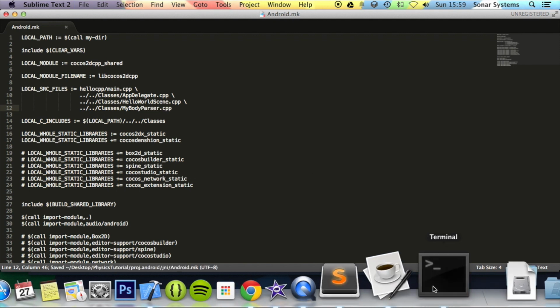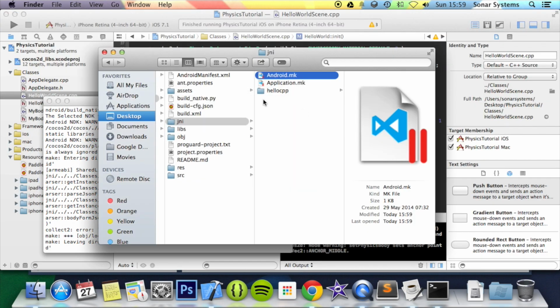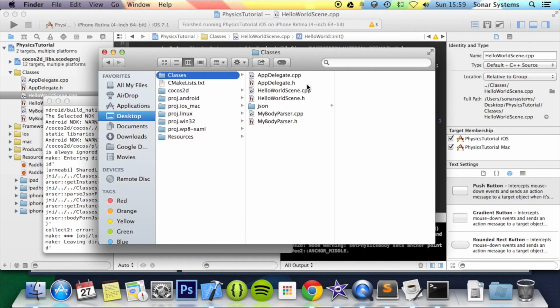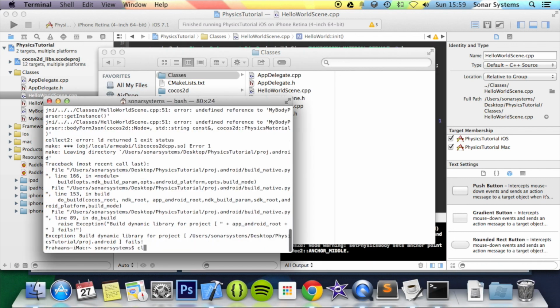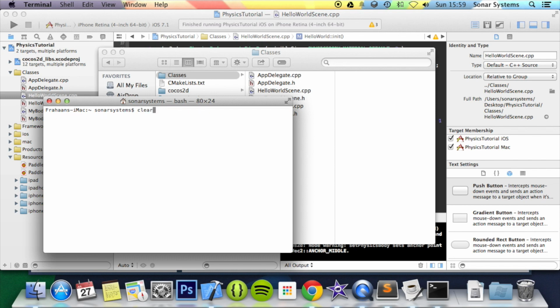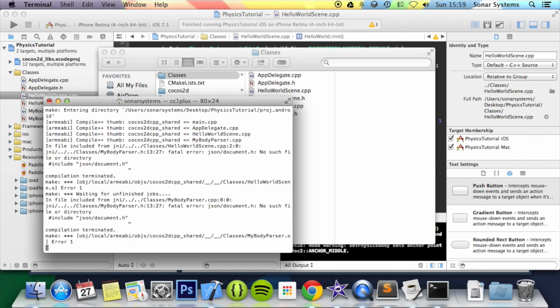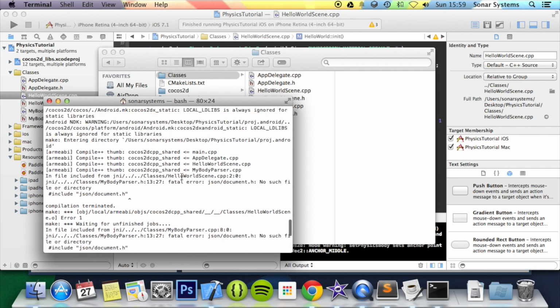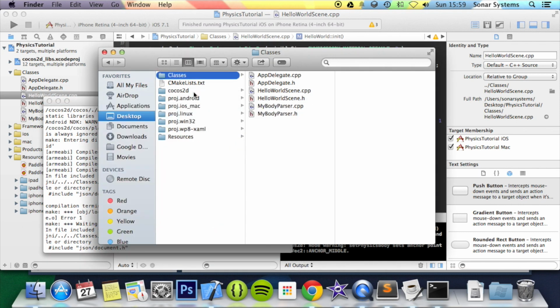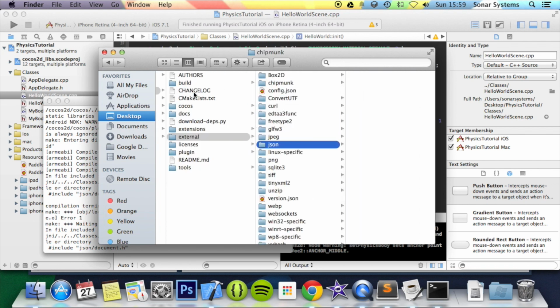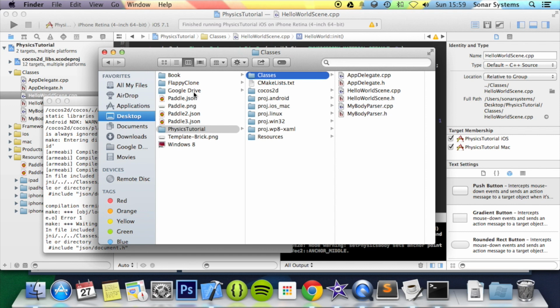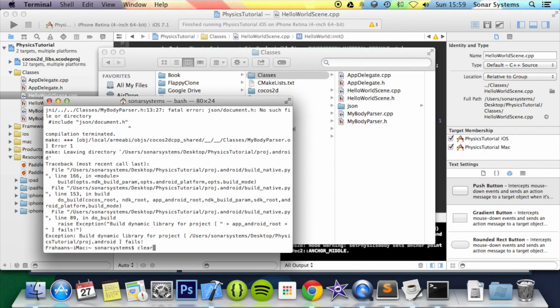Save it. And before we actually do run it, I'm going to get the classic folder, just remove this JSON folder so we can show you the error that you should be getting if you don't have the JSON folder there. Okay, so you'll get a similar error to this. It's moaning about the my body parser, and it's actually compiling the my body parser now. And like I said, the way you want to fix it is go to Cocos2d, external, JSON, copy and paste that into classic folder. Now if you run this,